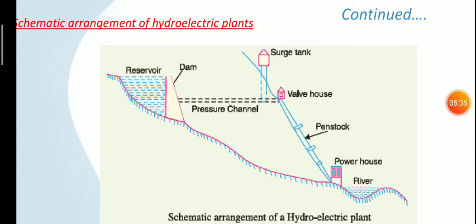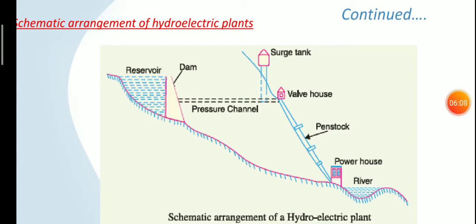bursting of the penstock. At that time, the water in the penstock moves to the surge tank, and the water level in the surge tank increases, which reduces the pressure in the penstock. And also when the load increases, more demand for water can be met from the surge tank. So it acts as a surge regulator and protects the penstock from bursting due to high pressure. And there is